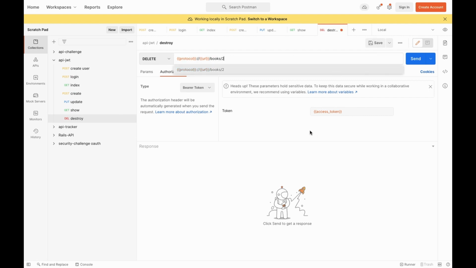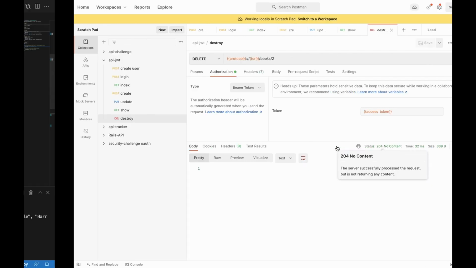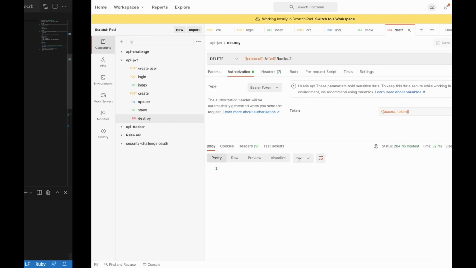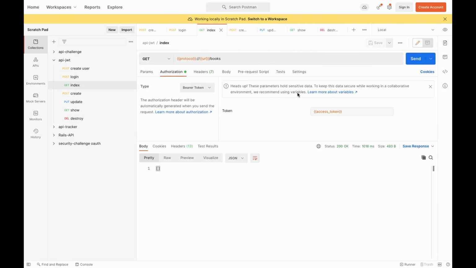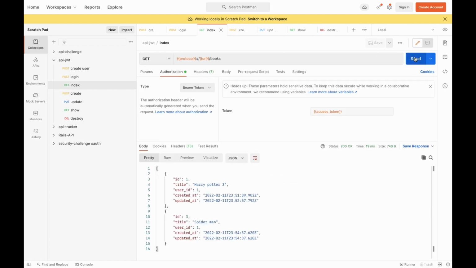Okay, and destroy. I will delete the last book that I added. And if I go to the index action, I will see only one book, the Harry Potter, because the Spider-Man was deleted. Okay, I add again this Spider-Man book,